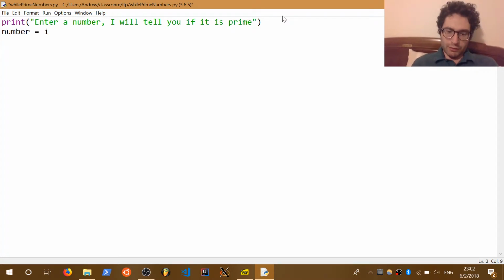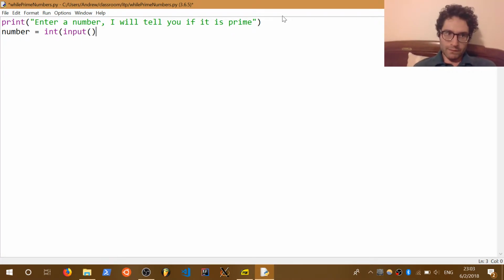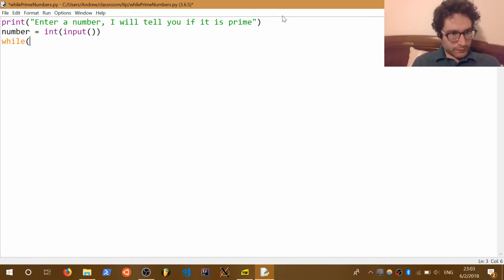Okay, so let's go ahead. Number is equal to input. Right, they're going to input the number. We're going to want to actually turn that into an integer because we're going to be doing some manipulation with it. Okay, so while